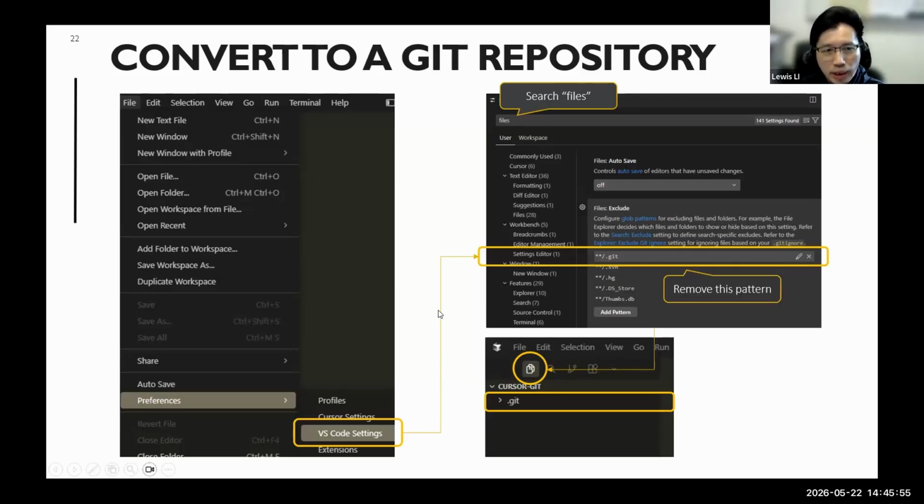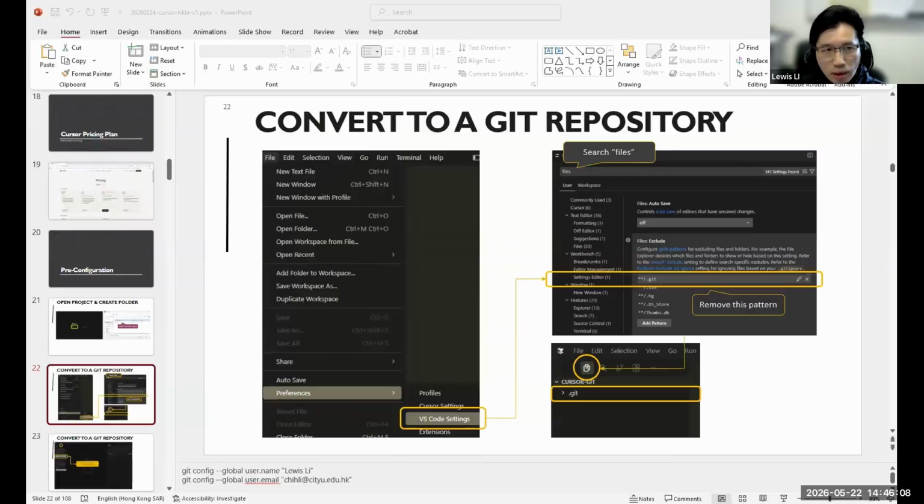You can also go back to the slides after this section if you want to start your own Cursor programming. Let me go to Cursor. After you do all the setup and installation, you will see this screen.